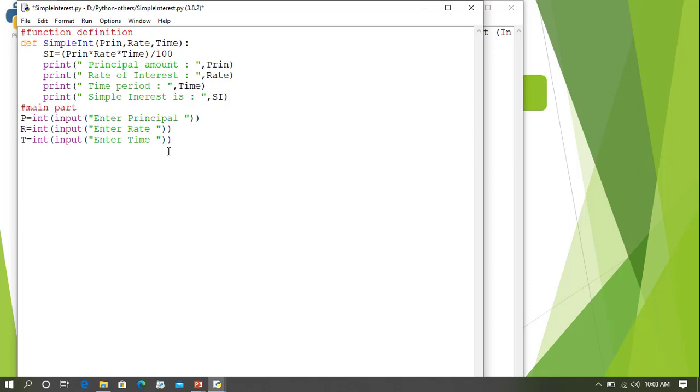Now as it is not returning any value, we will simply call the function simple interest. Simple int is the name, and we will pass p. Then as the order of parameters is principal, rate and time, whatever we pass, whether we pass PRT or PTR or RPT, the first value will be taken for principal, the second value for rate, and this will not